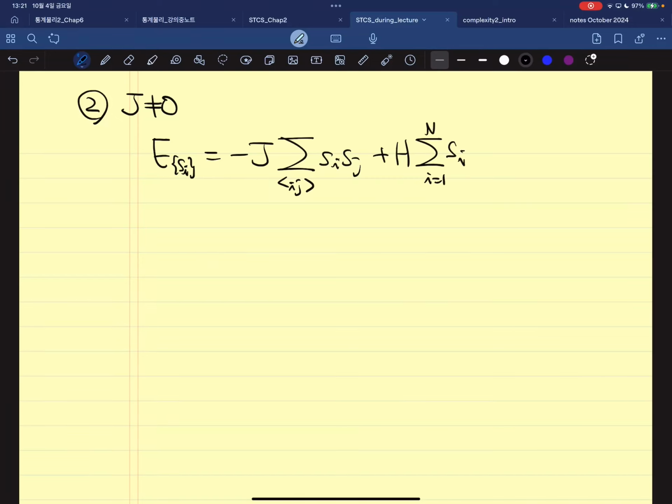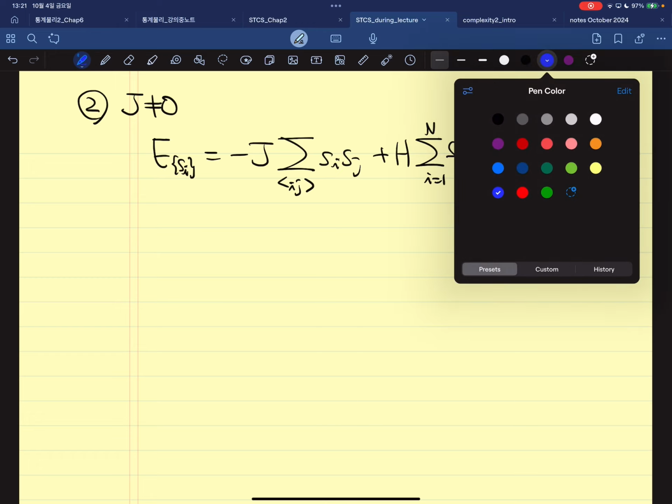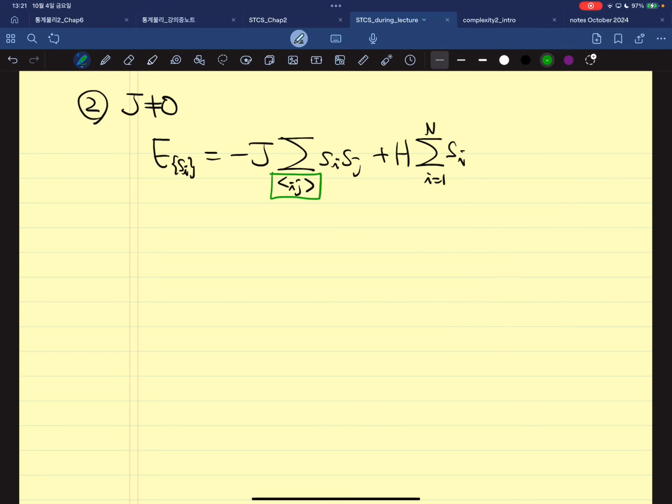The most tricky part about this one is actually here, as I emphasized a couple of times. This is non-trivial. If there is no specific rule about this neighboring thing, and this is actually a lattice, represent the lattice or network in our language structure. So this is the most complicated part, in fact, among these interaction terms.